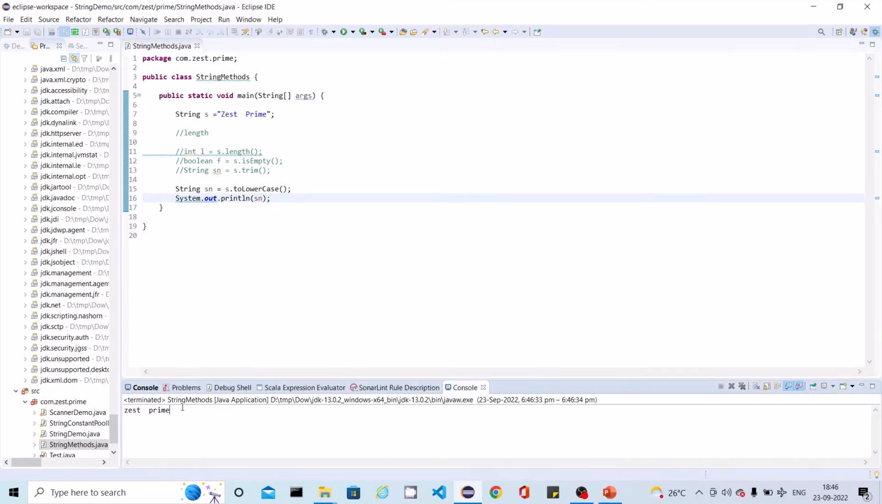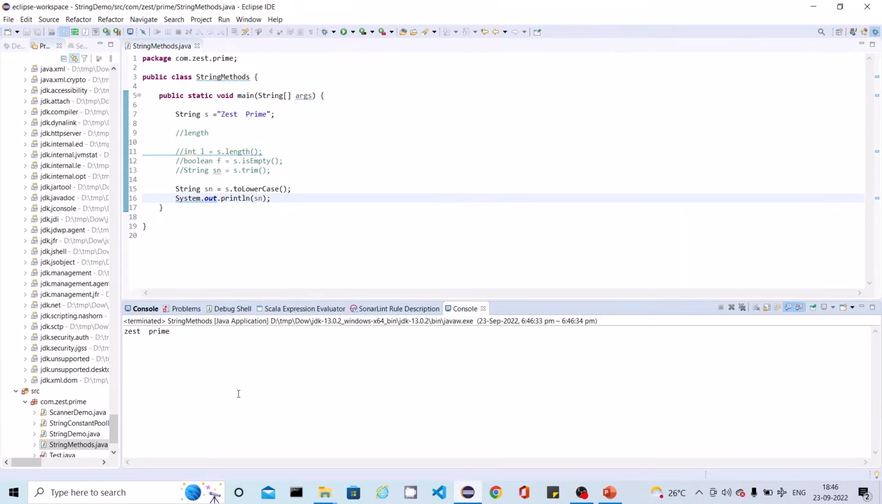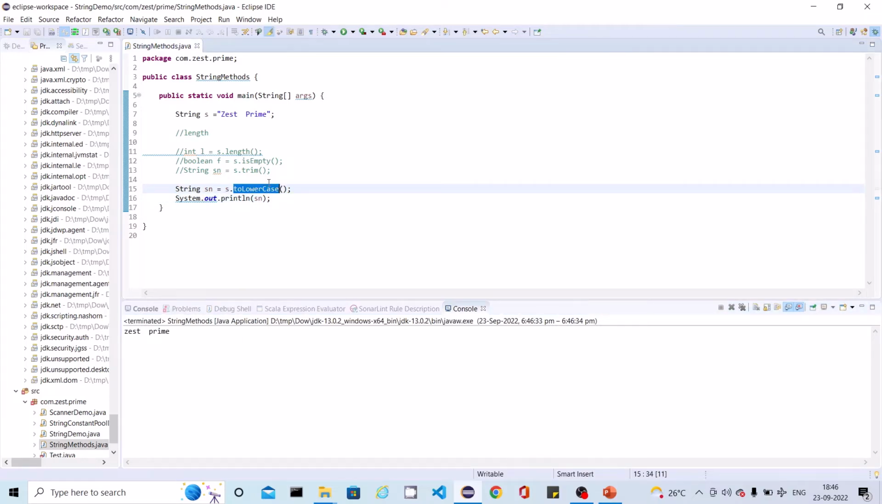See here, now all the characters it converted into lowercase, right? So this is one of the advantages of toLowerCase. Okay, so now let me